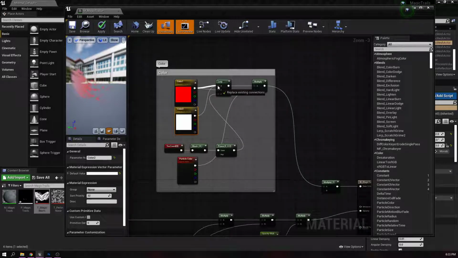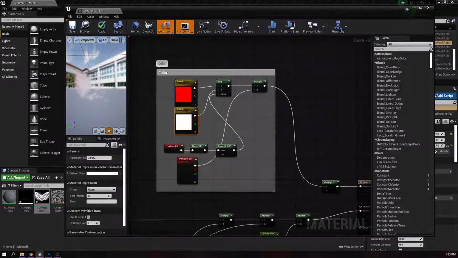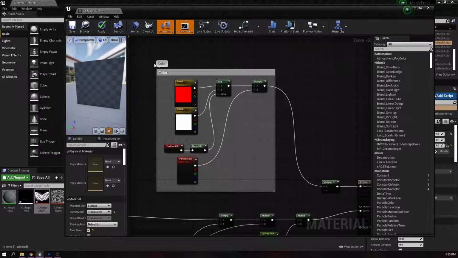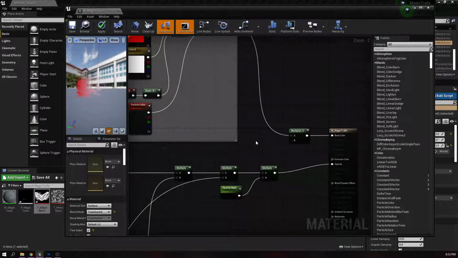I'm going to actually do an inverse, so it's kind of like fire, back to the way it was. Oh yeah, that's way cool. So we go from that nice deep red to the white here. And then we'll go ahead and add